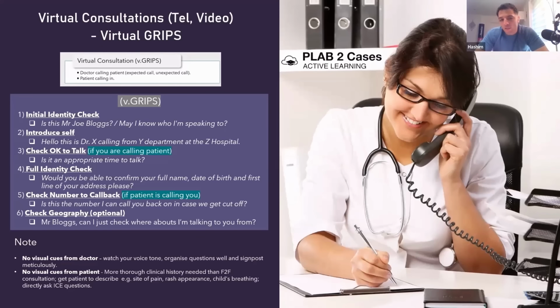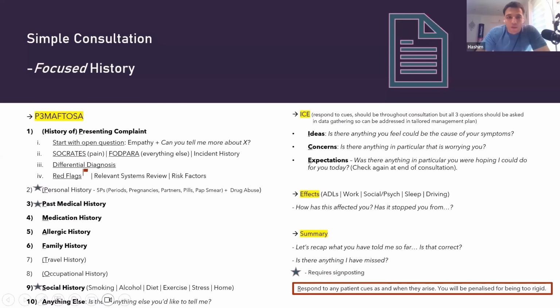And then you might want to check the geography as well. I think that's if you're talking about a sensitive topic, or if you can hear that they're at work and so on. But I haven't come across any scenarios, unless anyone else has, let me know, where you'd need to ask specifically where you're calling from. So obviously they will be available to talk. Okay,